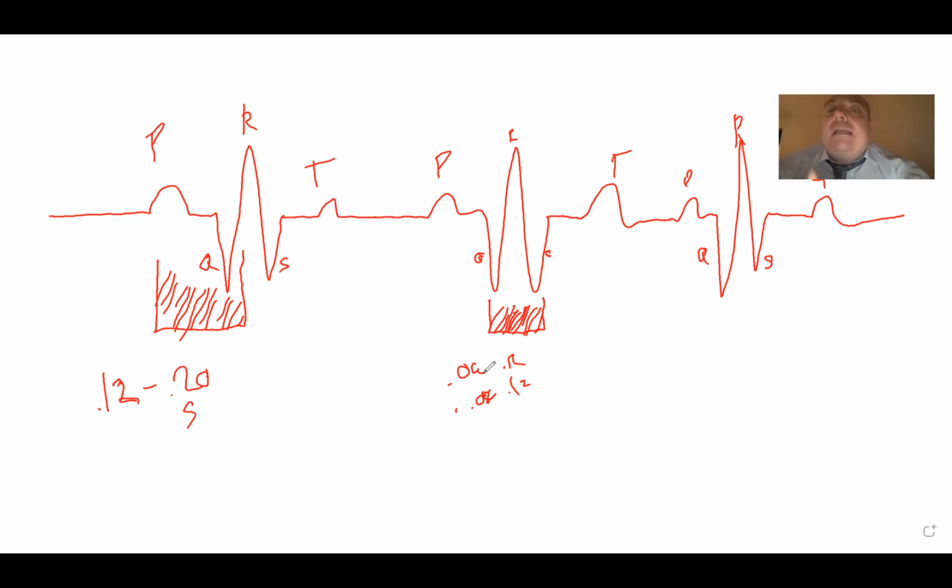Something is being delayed, all right? And that is usually abnormal. So if you have a QRS complex that's greater than 0.12 seconds, you are going to have what we call a wide QRS complex, okay? And that is going to matter later on when we get into our rhythm identification, because you're going to see